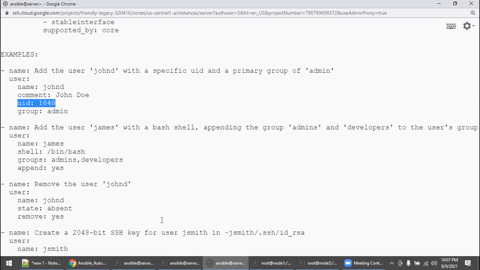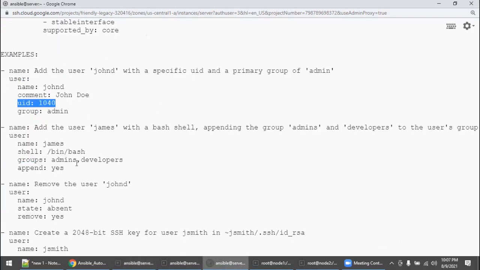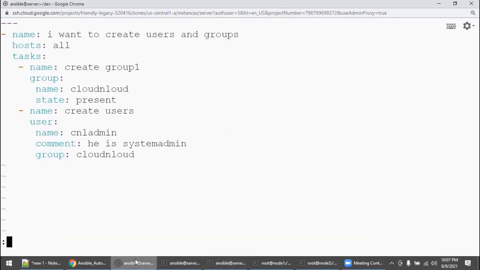But group is important, so you mention group. What is the group? cloudandloud. If you want multiple groups, make sure all the groups are first created, then you refer to the multiple groups. In that case, instead of group, you need to specify groups and mention all of them comma-separated like this. Now I am going to save it, not exiting.